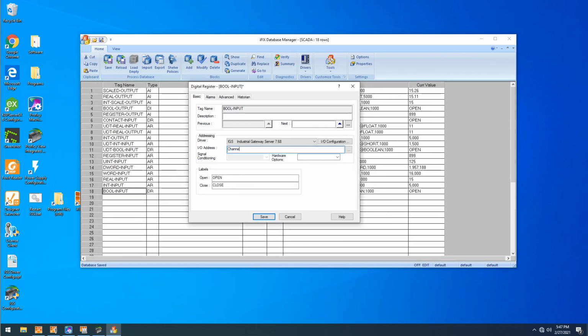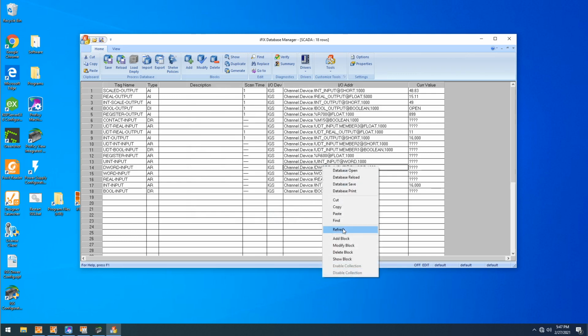So channel.device dot, then exclamation point, and then the name of our variable in our PLC, which is bool_input, followed by the @ symbol, and then the explicit data type of this variable that we're reading from the PLC. So this is going to be a Boolean, comma, and then 1000 for how often the database will retrieve the value from the PLC. So I'm going to say save, and then we're going to just right click to refresh,